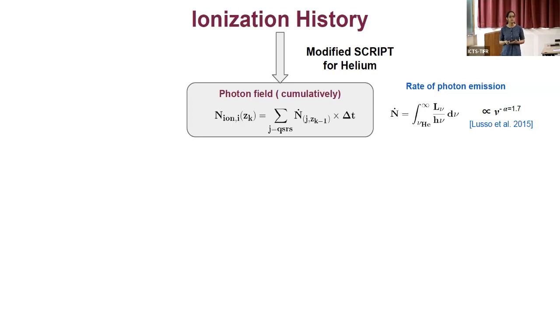So now our neutral species is helium. And in order to get the rate of the number of photons in a given grid cell,